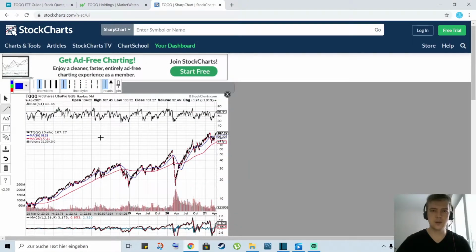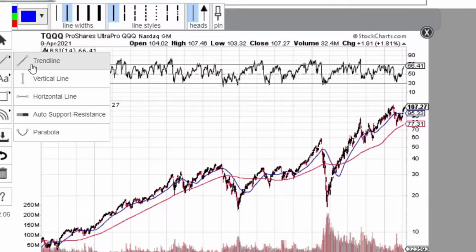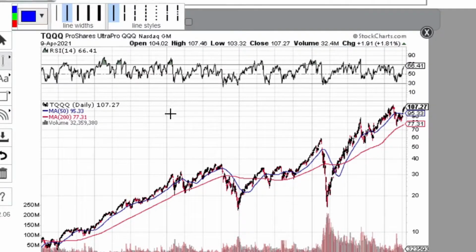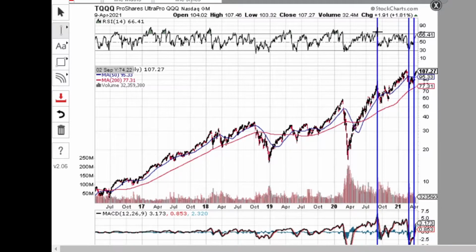So as I said, when RSI hits level 70, that's when you should actually sell this ETF, and when it hits 30, that's when you should actually buy this ETF. So let's quickly look at the chart. For example, a couple weeks ago, it almost hit 30, so that's when I was actually buying. Right now it's approaching 70 level, so I'll probably be selling soon. Also over here you can see that it was over 70, so I sold,